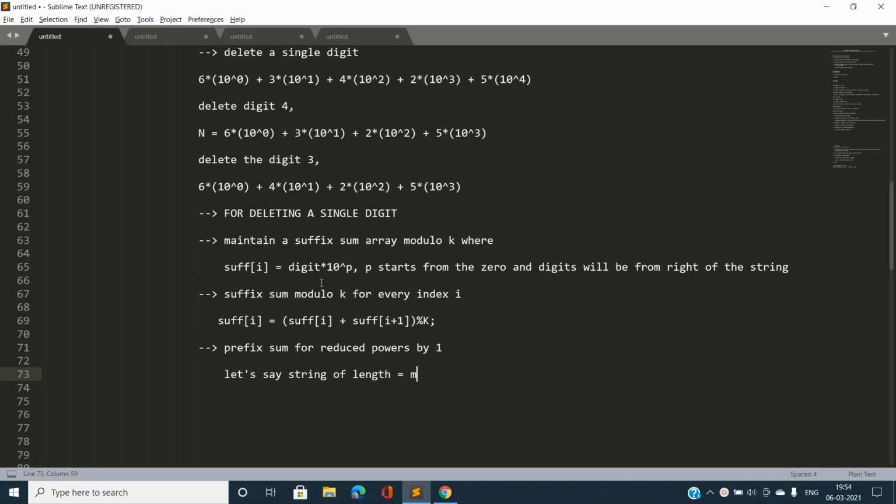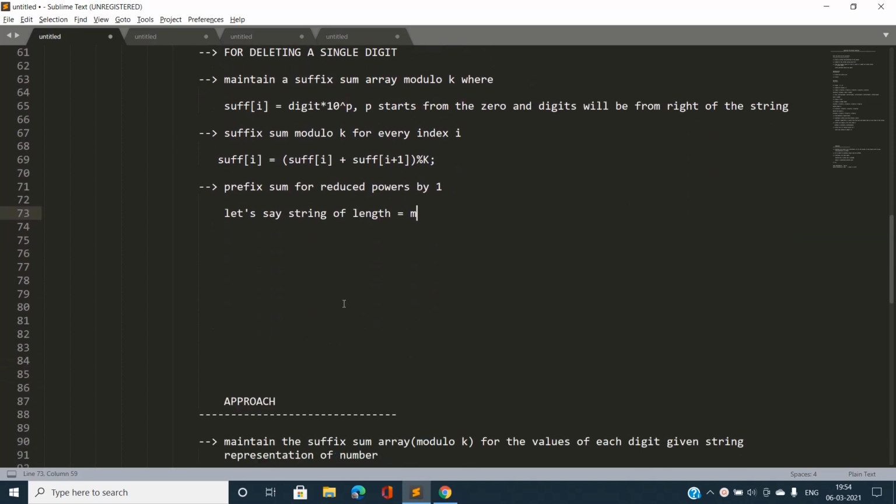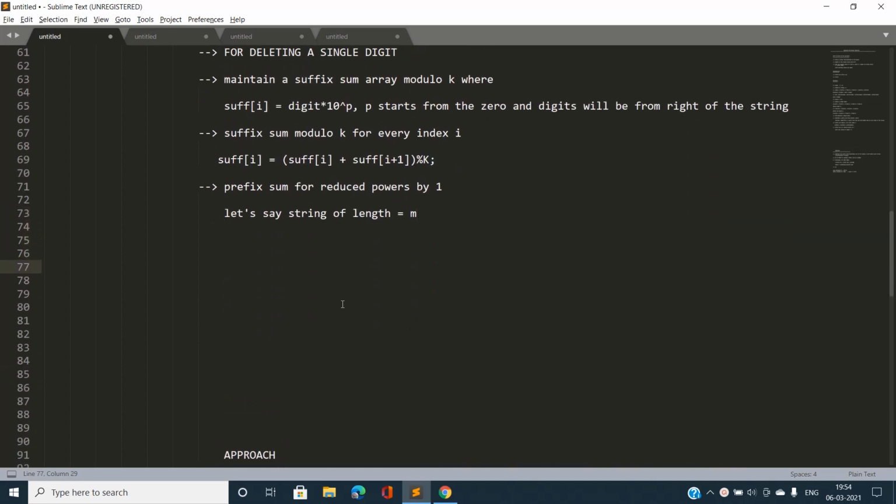Our starting case would be, let's say, n equals 52436. I'm going to maintain a prefix of i. Prefix of i would be 5 times the power that must be associated with it if we don't delete any element, which would be m minus 1.